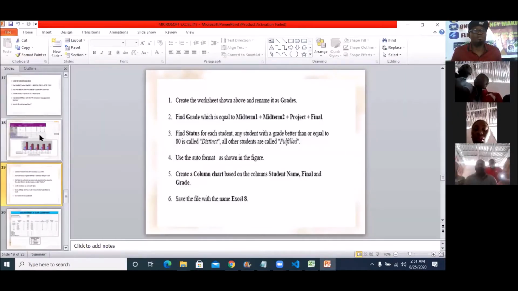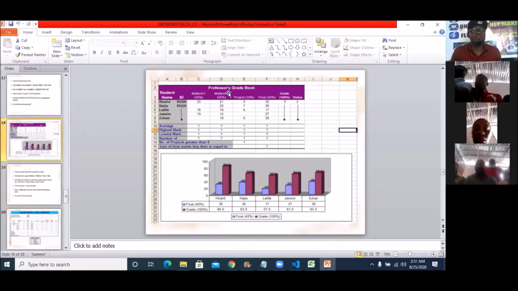So this is the table we are looking at. This is a professor's grade table. The professor is your teacher in school, and he's using this grade book to pick out your scores. The students involved are Khalid, Najila, Latifa, Jassim, and Zubair, and these are their various registration numbers or their